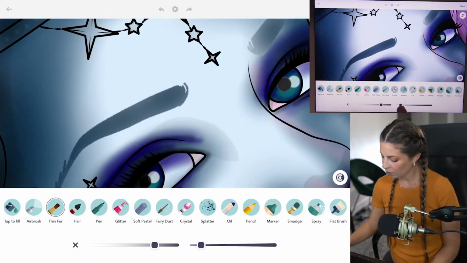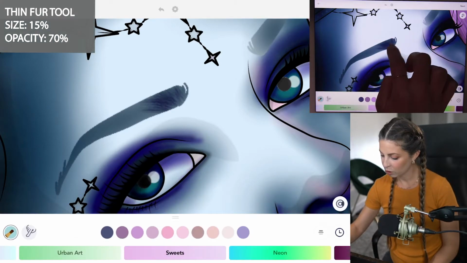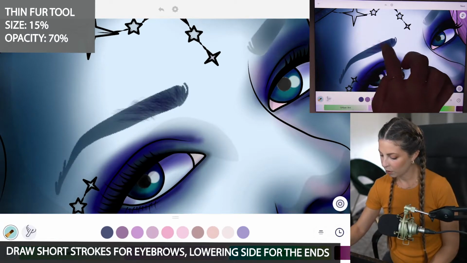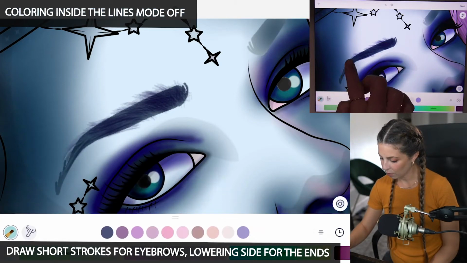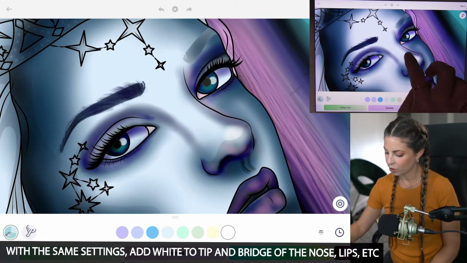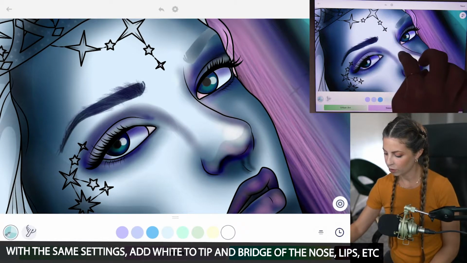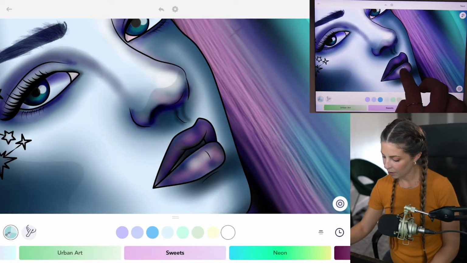I like to use the thin fur tool for the eyebrows, so I set it at size 15 and opacity at 70. Just doing quick short strokes with coloring inside the lines mode set to off, lowering it as needed for the ends of the eyebrows too. And with those same settings, you can add a little bit of white to the very tip of the nose, bring it up to the bridge of the nose a little bit, and maybe add some to the bottom lip